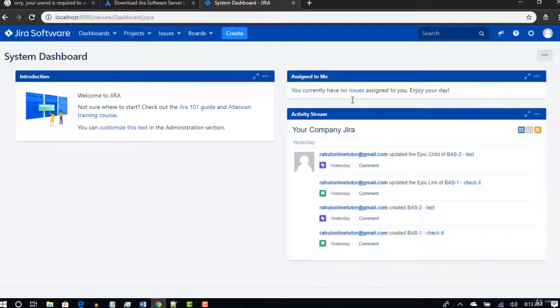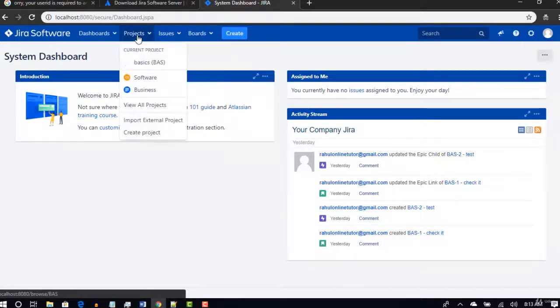Okay, so you are given a task like this in your company. The first thing is you have to create one project to track all these activities. So how to create a project? Once you are on the home page of Jira, just click on this create button, or you see that you have dashboards, projects, issues, boards. Firstly, let's click on projects, and here you will see the current projects your company already has